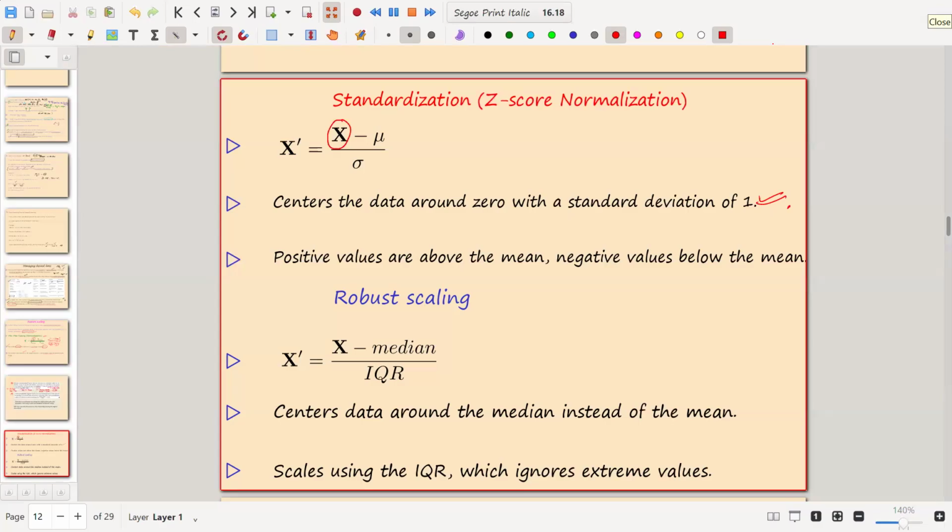Let us suppose x prime is a positive quantity. What is the meaning of this? Mean can be positive or negative, but standard deviation should always be